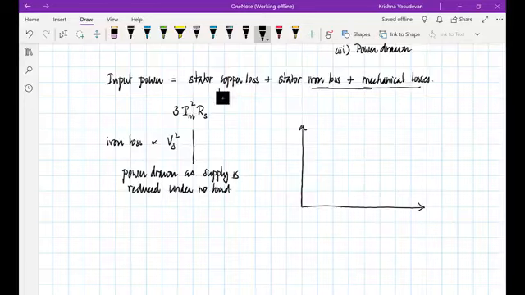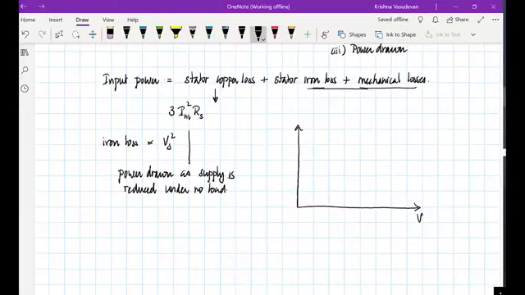So if we do that, let us mark the supply voltage here, and this is the input power drawn. Now since this goes as squared,